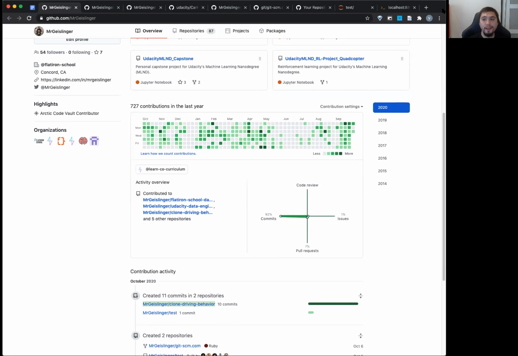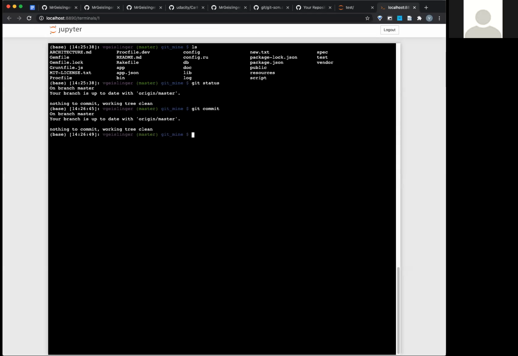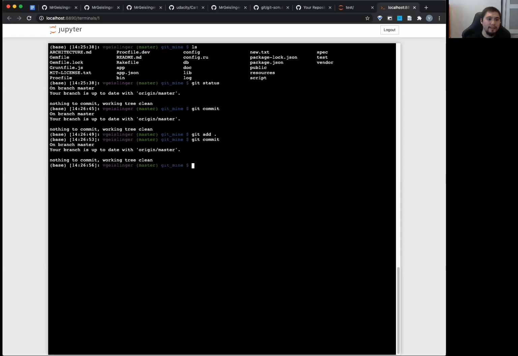Nope. When you commit something, there has to be some change. That's what a commit means. For example, if I do git status right here, there are no changes. So if I do git commit, it's going to say there's nothing to commit. Even if I do a git add dot and do a git commit, nothing's changed, so there's nothing to commit. As long as there is a change, and that change could literally be a new file, or a period in the middle of the thing. Not that I'm saying you should commit every tiny word you type out, right? But